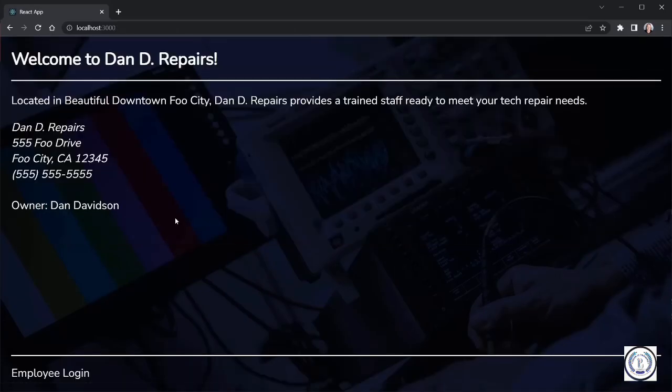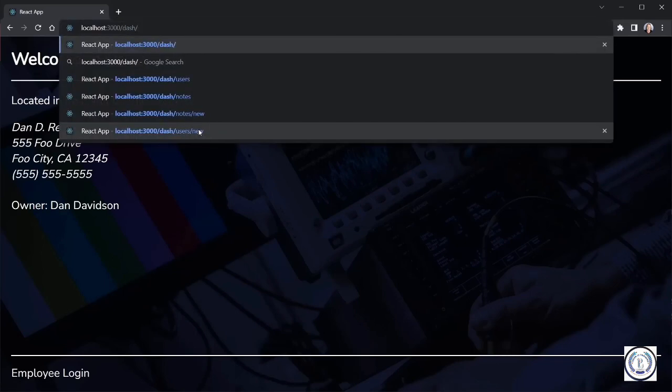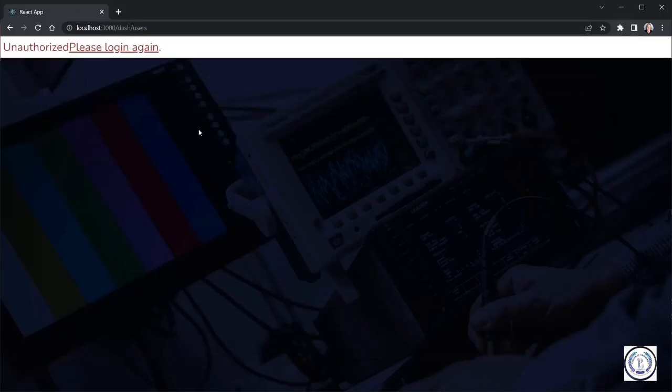Likewise, if I log out entirely now and say I were to try to go to one of these pages and I'm not logged in, we won't be able to see it, but it's not because of a protected route, it's just because of an error that we're getting from our API, the response. And I see we need to add a space there, so let's fix that quickly before we add the protected